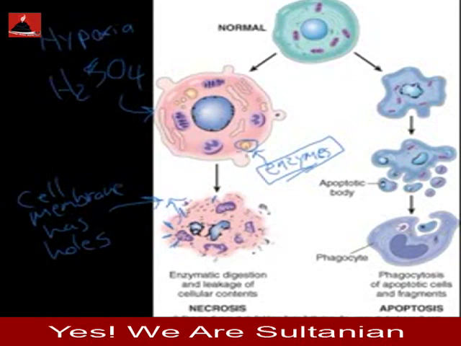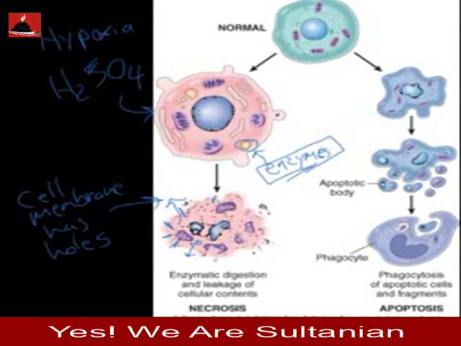The lysosome that contains these digestive enzymes gets broken open. They get split open too, and then they come out and they leak and they start degrading all of this stuff. So lysosomes have these digestive enzymes in them, and usually they're safe inside this little package, but this package gets busted open, and then these digestive enzymes start eating away all of the content inside the cell, and break open this membrane,